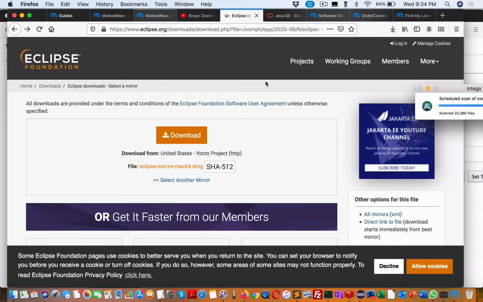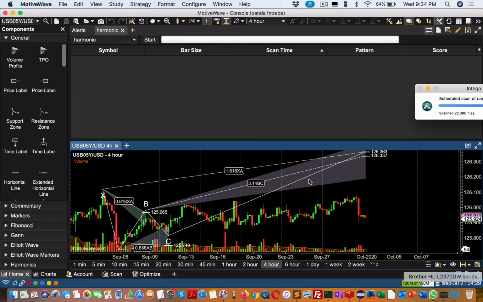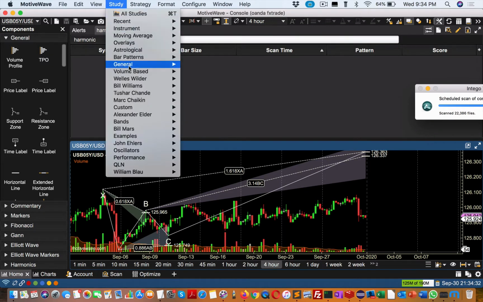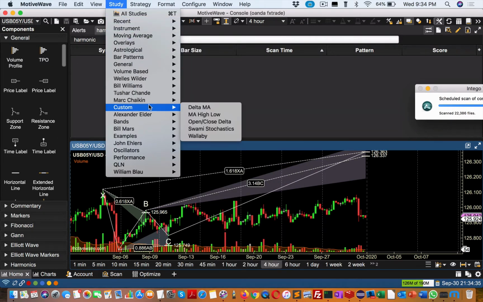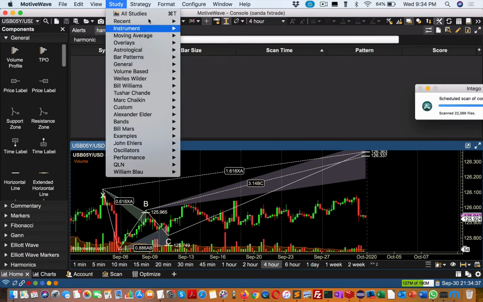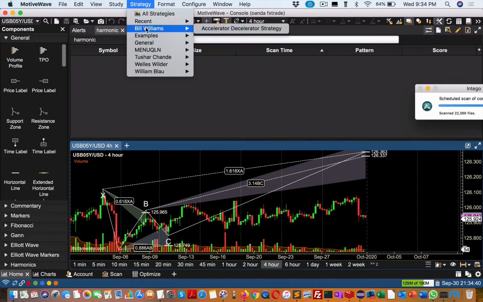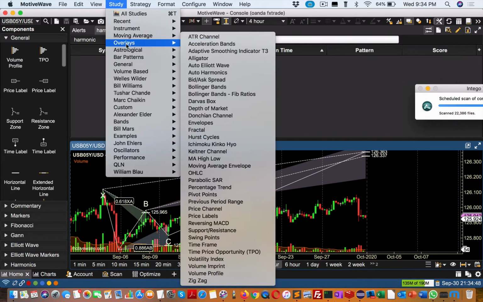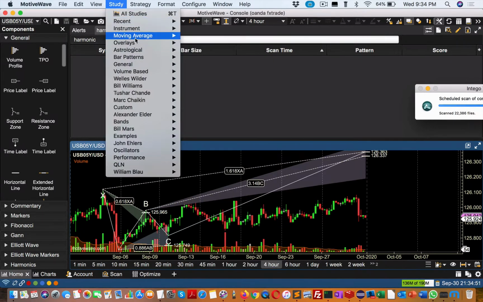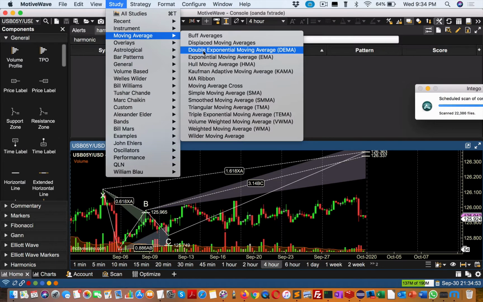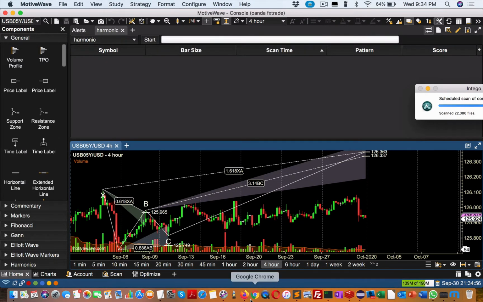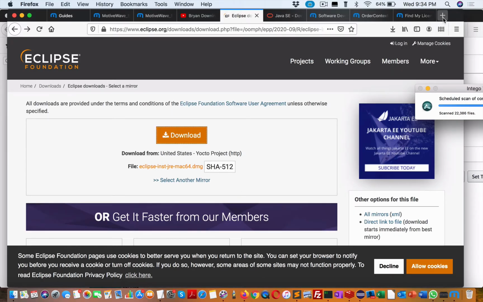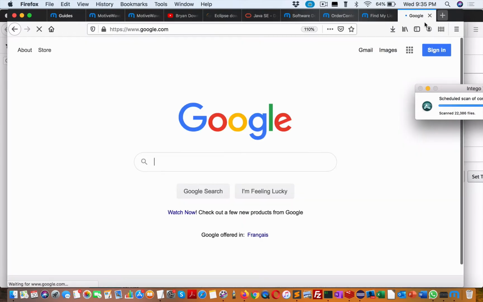So we have now Eclipse to worry about. But let me just show you the breakdown. So we have studies, and then depending upon how the study is coded up, you can implement that study in your strategy and be able to actually automate your orders. The key thing to understand here is there are different types of studies. So the first thing is, if you're interested in a particular study and you want to know how it works, you want some sample source code, so on and so forth, all you've got to do is just go